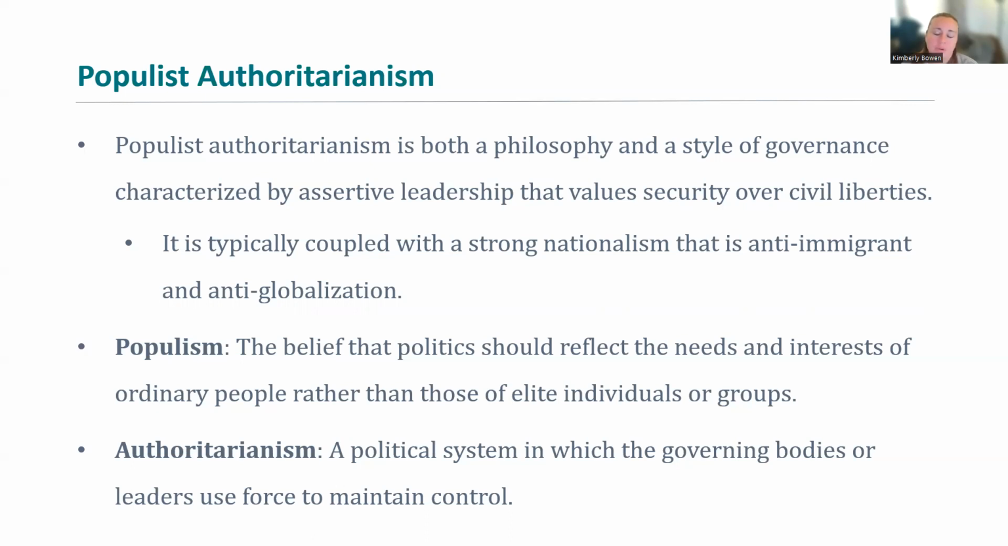Populism is a really good idea in theory, but again, if you are holding that with particularly assertive leadership that is part of the elite group, then what ends up happening is the needs and interests of ordinary people tend to be looked at as the needs and interests of the elite, as opposed to what may garner ordinary people more resources or rights, liberties, social liberties. Authoritarianism is a political system in which the governing bodies or leaders use force to maintain